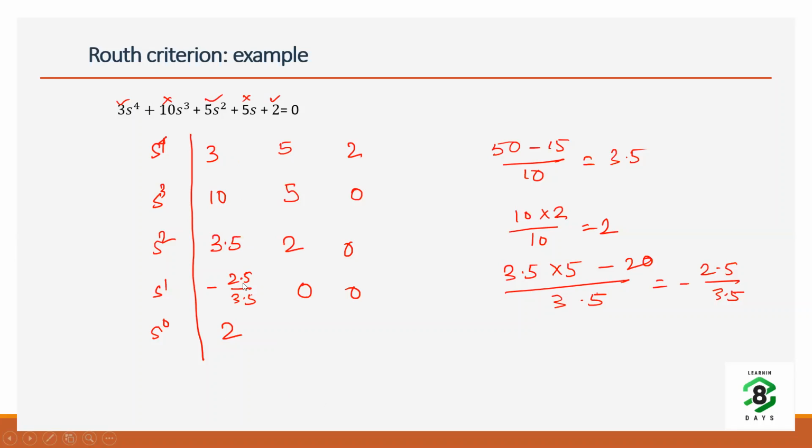Now we'll make the conclusion. I started with A0 equal to 3. The first component is positive, but not all of them are positive. We have one negative component over here. So the system is unstable. Now, how many changes in sign? You have this and this, 2. So the number of poles on the right hand side is 2.